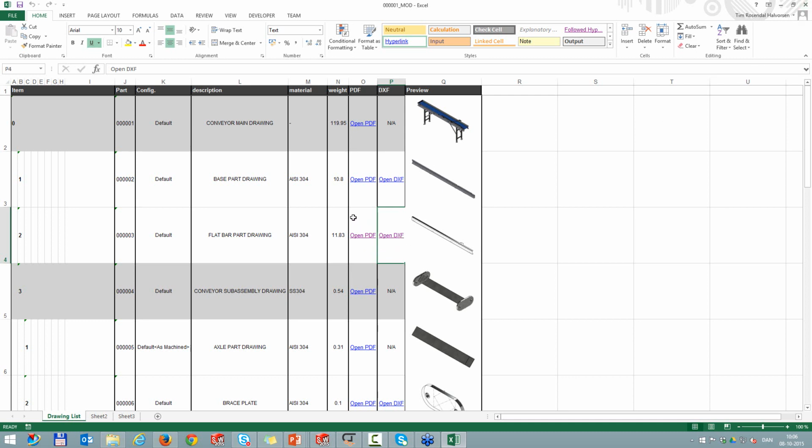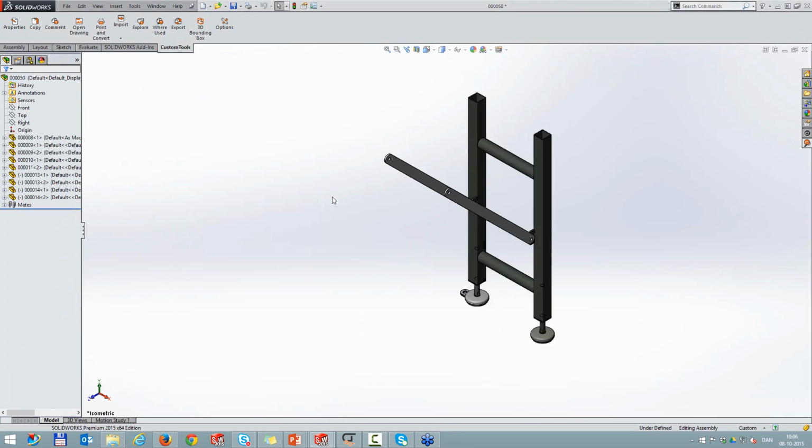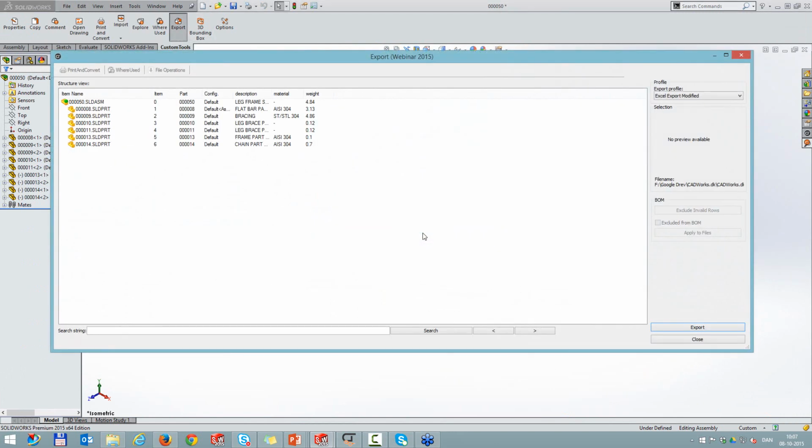These ones require, of course, the PDF or the DXF to be output beforehand, but we can actually run a file conversion during the export. So I'm going to open up this guy, and then from this one I'm going to run one more export, and this time I require an Excel file with a link to the STEP file, so I can run the export to Excel and during the same process convert the part files into STEP files.